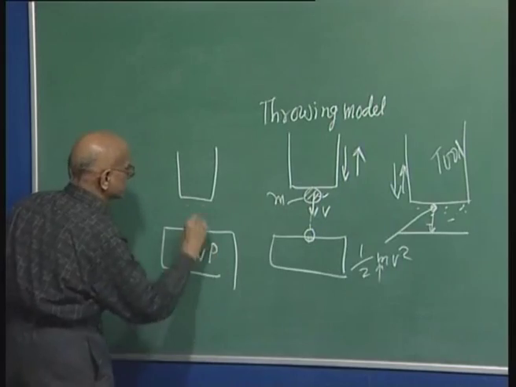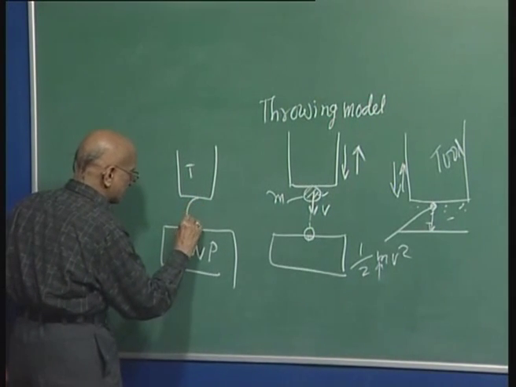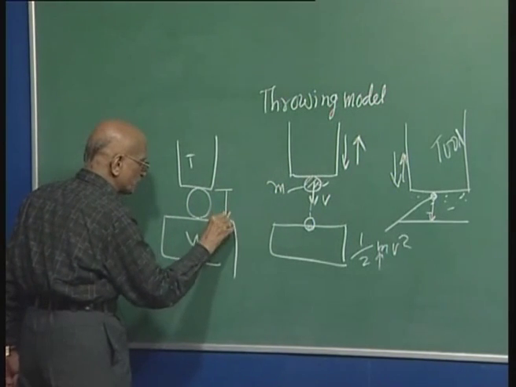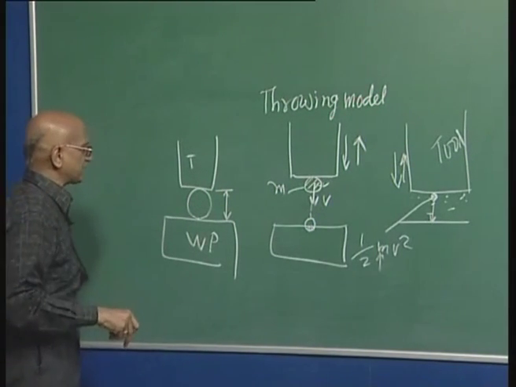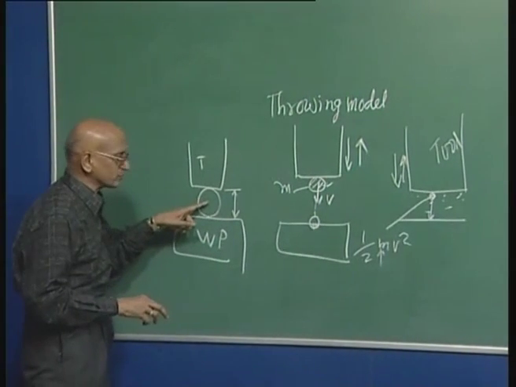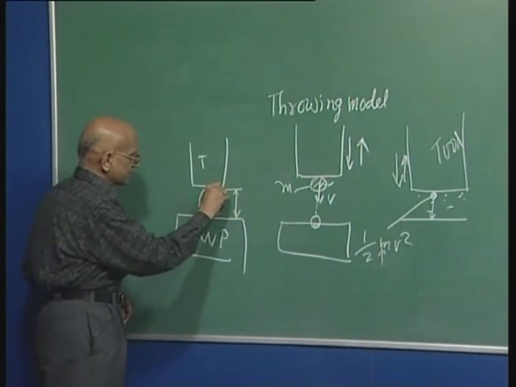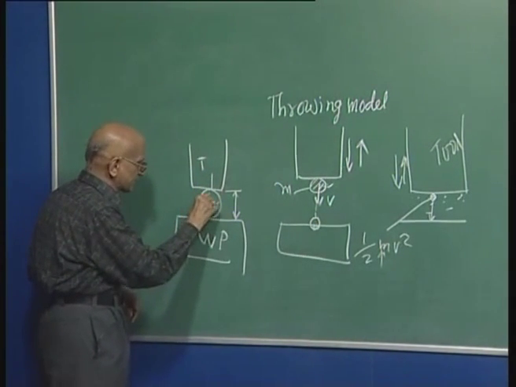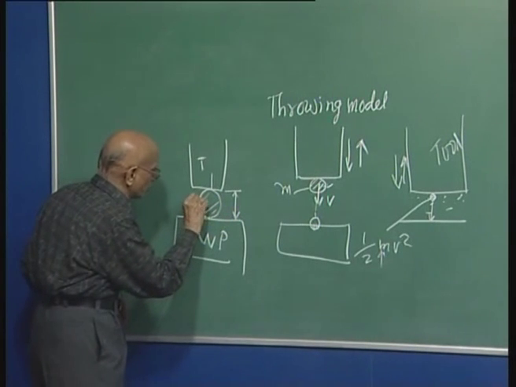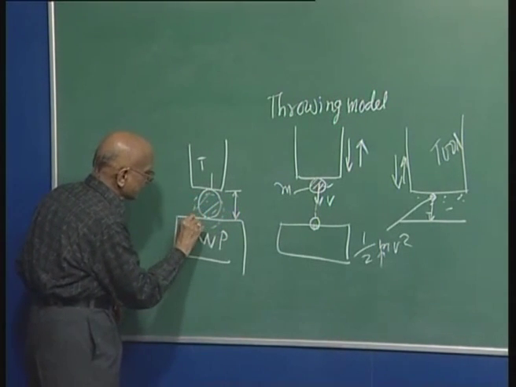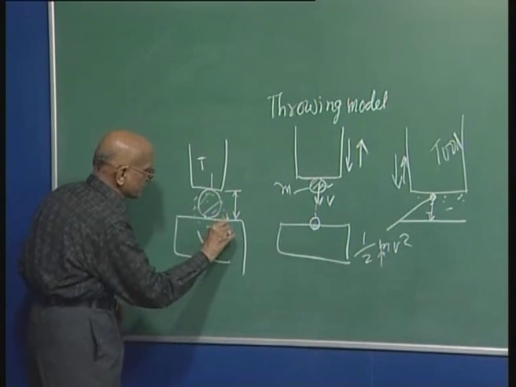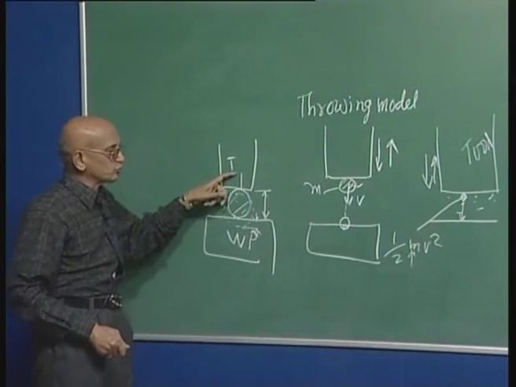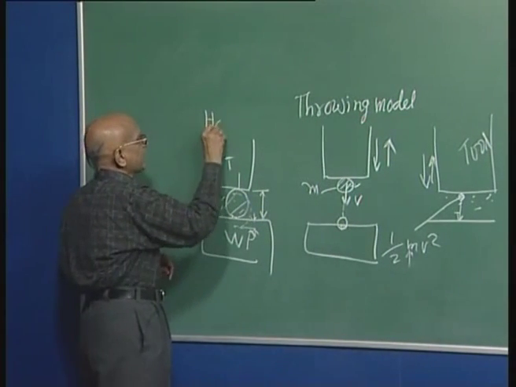is that here is the workpiece, here is the tool, and the abrasive particle is large enough that the gap between the tool and the workpiece at a particular point is smaller than the size of the abrasive particle. Once this gap is smaller than the size of the abrasive particle, the tool will hit the abrasive particle, and the abrasive particle will move down and penetrate inside the workpiece. So, here it is nothing but hammering of the abrasive particle by the tool, that is why he called it hammering.